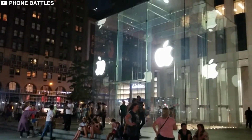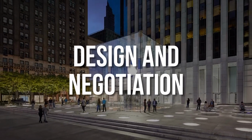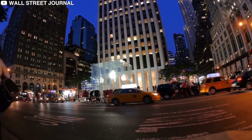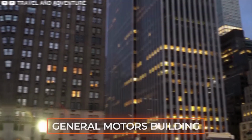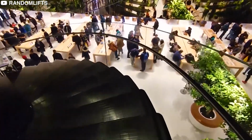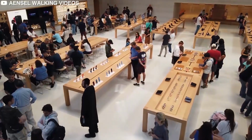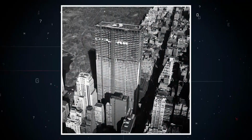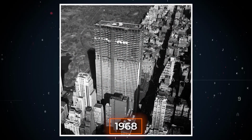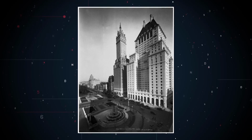such an iconic landmark. Design and negotiation. The Fifth Avenue Apple Store is actually on and beneath a public plaza in front of the General Motors building. The glass cube houses the entrance staircase and the lift, while the whole store is located underground beneath the plaza. The General Motors building and the plaza were built in 1968, when the previous Savoy Plaza that occupied the space